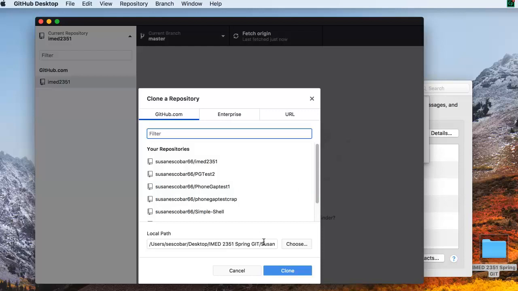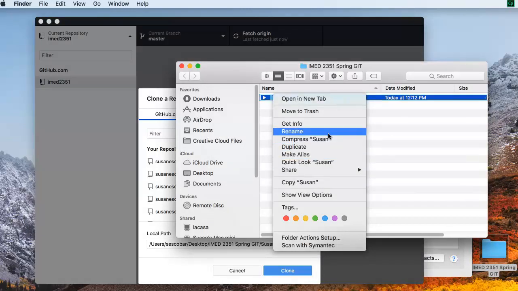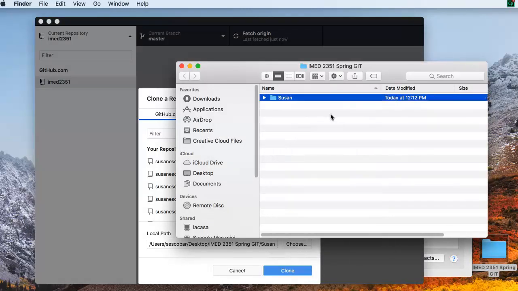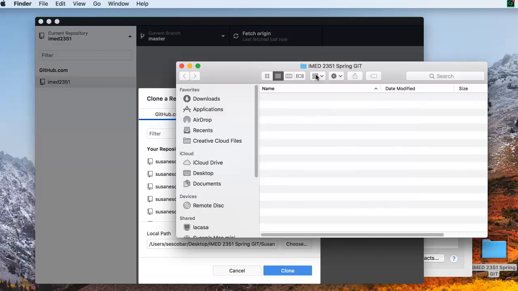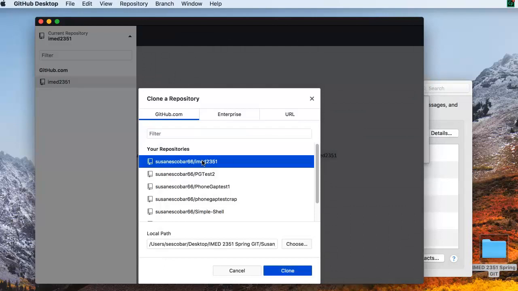Also, the thing that you have to remember is down here, it's asking you where do you want to clone it on your desktop. So, for instance, I have this folder that I'm going to put all of my, let me delete this one and I'll do this over again. So I'm going to put all of my Git clones inside of this particular folder. So I want to clone my main one that I did for class. So notice there is nothing in here, and I want to clone this particular one that I put in here,